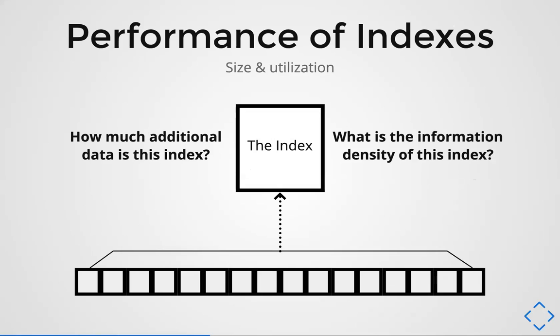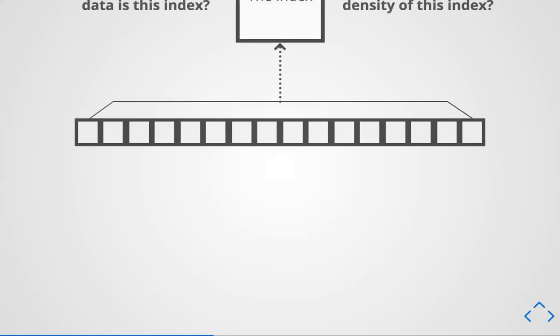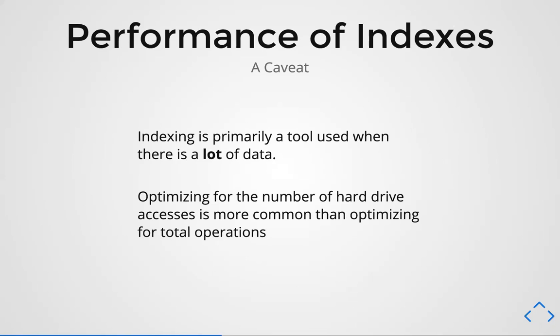But both B-trees and hash tables allocate a lot more space than there are items that are actually indexed. And that's an interesting detriment to the standard algorithms that have been used since the 70s. Okay, and finally, there's one important caveat to this whole thing, and it's a caveat that also impacts the power